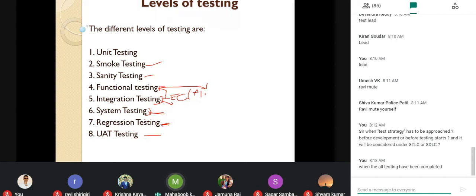Exit criteria means postcondition. What is the exit criteria for sanity testing? What is the entry criteria for sanity testing? All the test cases of smoke testing are passed. No, exit criteria. All the test cases of sanity testing are passed.